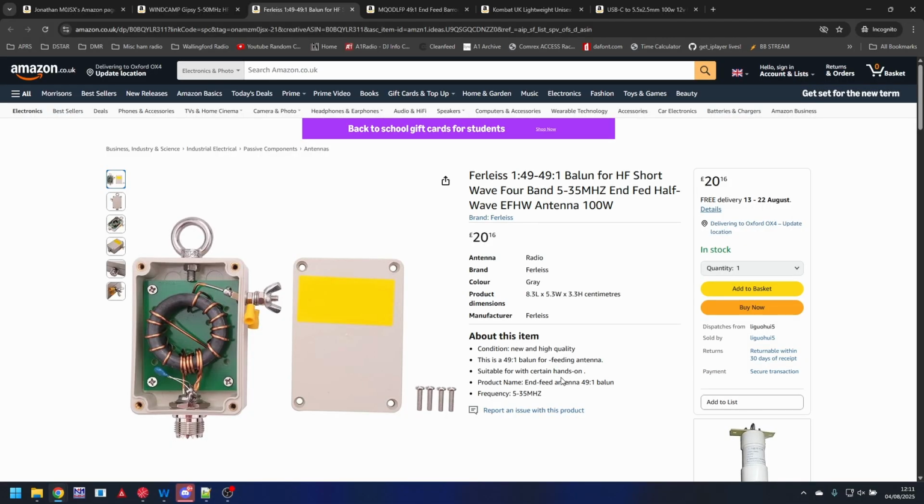Now it says here that it's designed for 4 bands between 5 and 35 megahertz. I'm suspecting they mean that because they're envisioning you using it with a 20 meter length of wire to get 40 upwards. But you could just use a 10 meter length of wire and get 20 and 10 meters. You could use a 40 meter length of wire and get 80 meters as well. The only thing to bear in mind is that a 49:1 is typically not as efficient as a 64:1 winding